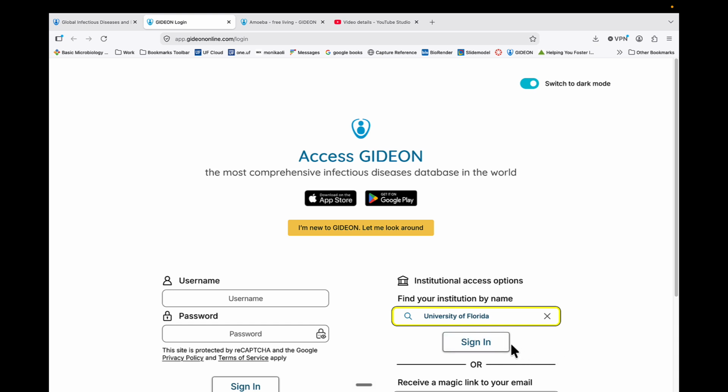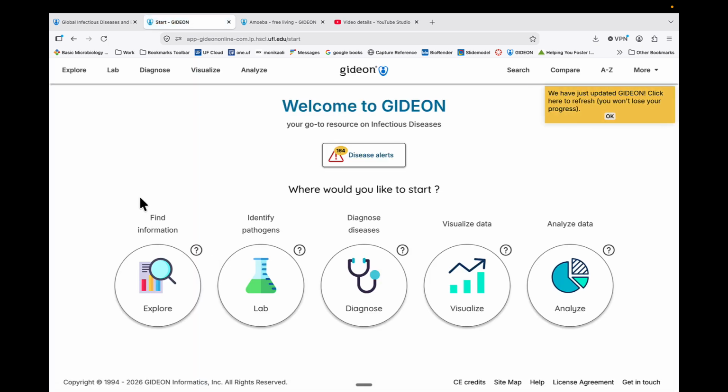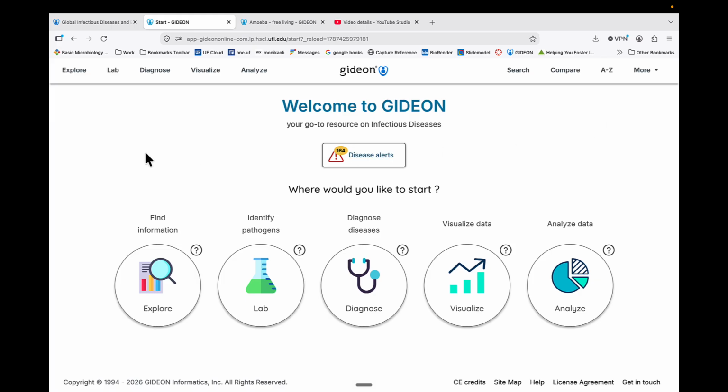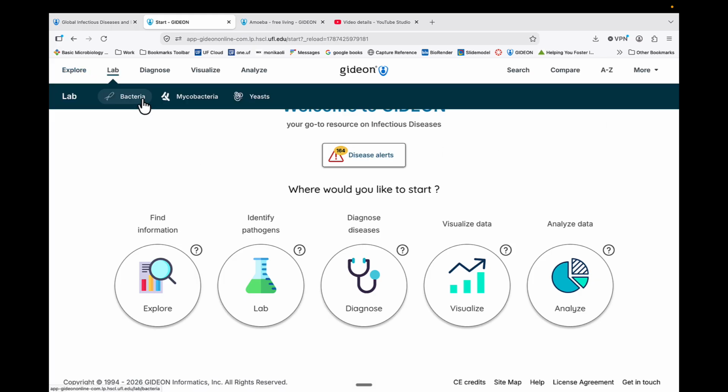University of Florida, sign in. Log in, usually with a screen where you log in with your UF account. GIDEON gets updated all the time, and what we are doing now, we can either explore diseases,